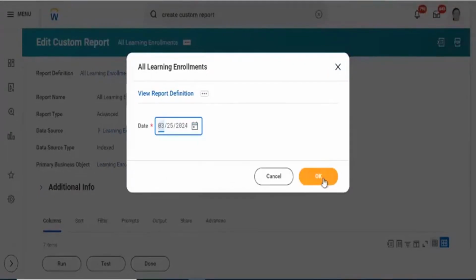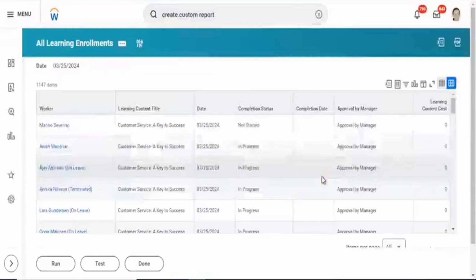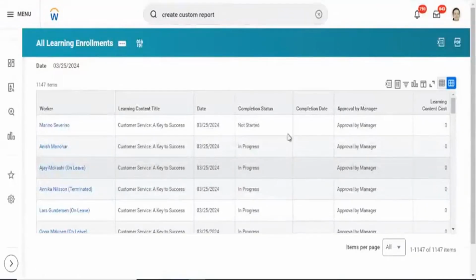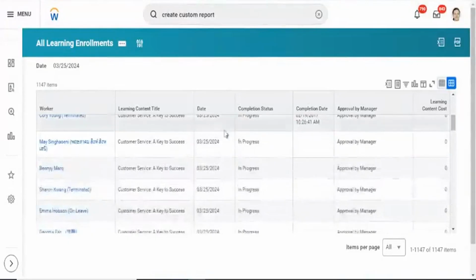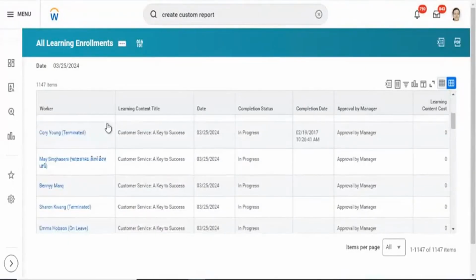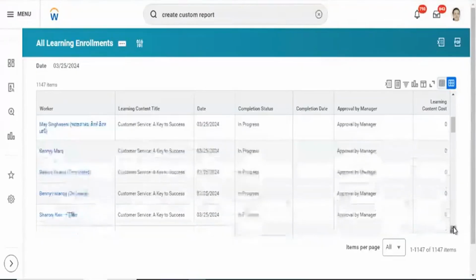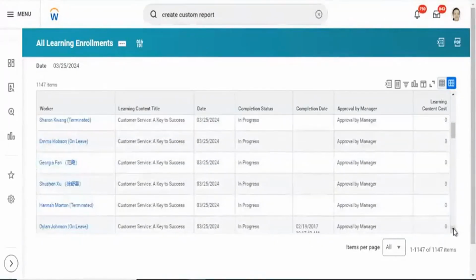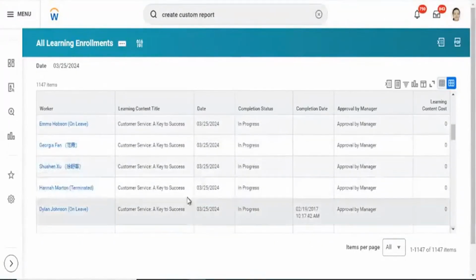As of today, I'm running it. I will be getting an employee who has completed, and we have figured out from the learning data that it is In Progress, but still we are seeing a completion date. This employee got terminated. Let's pick an active employee. This employee is on leave. This employee profile.